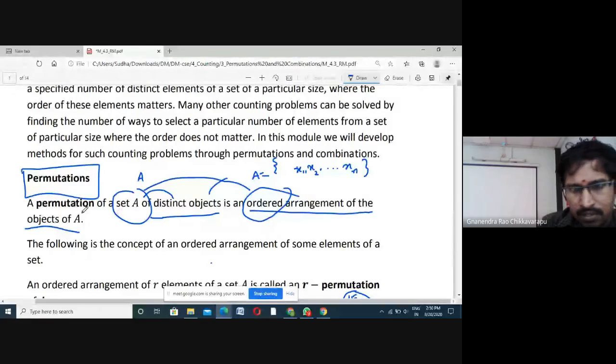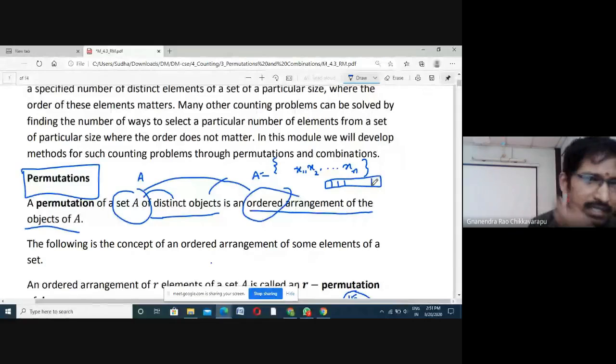Now permutation means what? How many strings of length r are needed? Suppose I need a string of length r. You all know what a string is. Then immediately you consider r boxes like this.